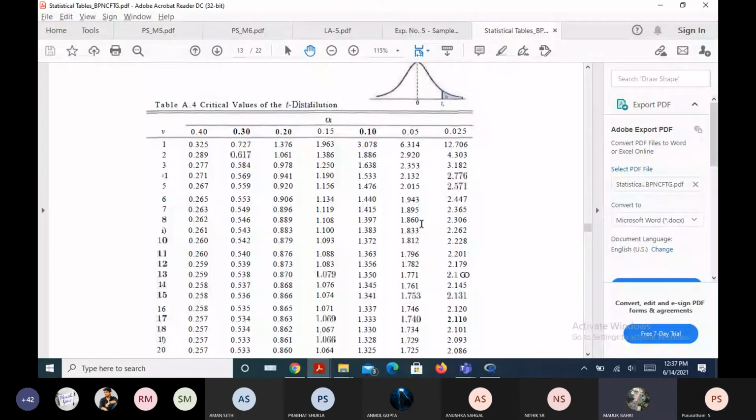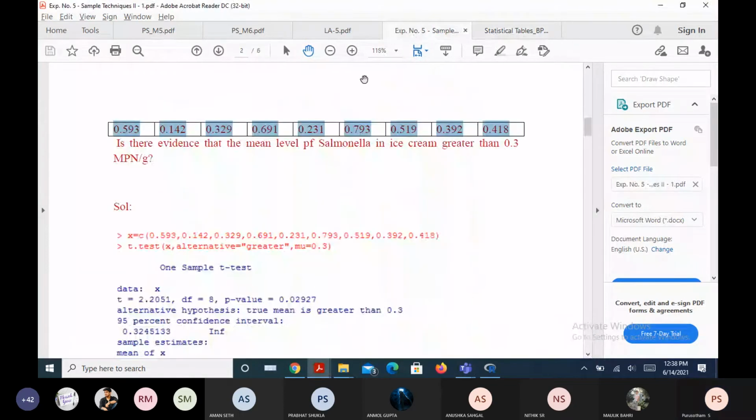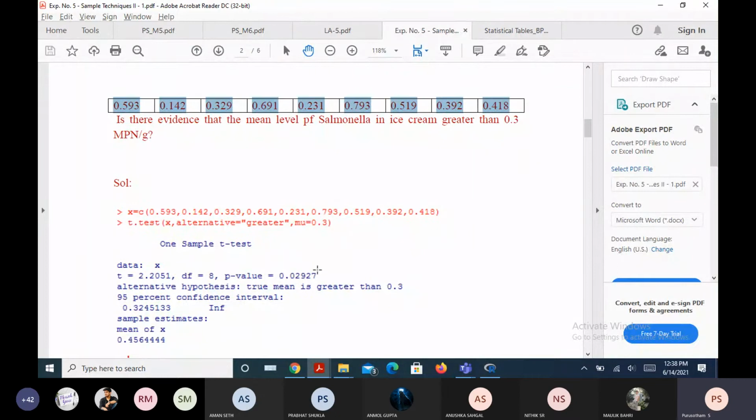So when we are doing the code, we can do it either way, using the t.test format or using the formula format. You can use either one for the lab session. I explained both and you can easily understand now. This content is already available for you in Teams. This experiment number 5 PDF is already available to you. Are you clear on the single sample case now?